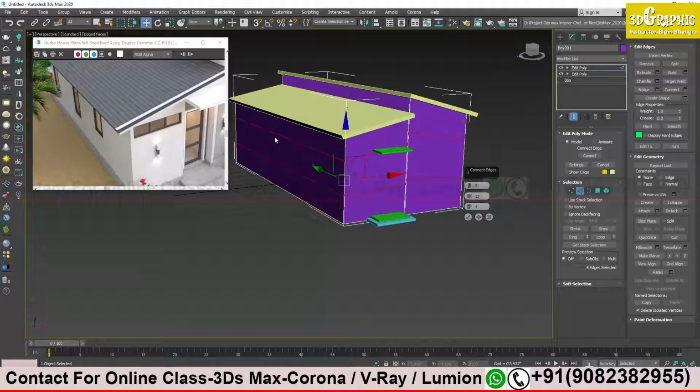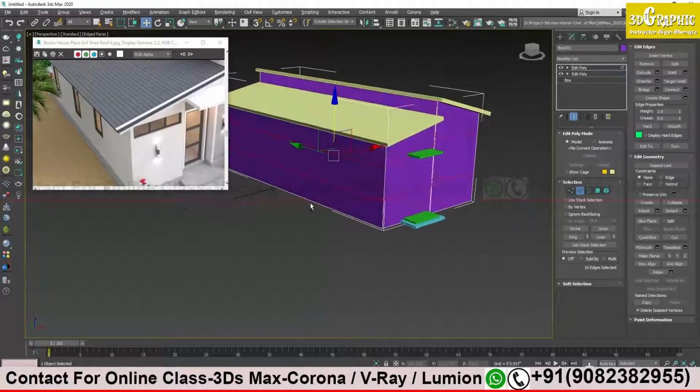Consider that this is the actual position which we need. Later on we will do it with exact measurements. As of now, consider that this is the window bottom portion and this edge is the window top portion. Clear?